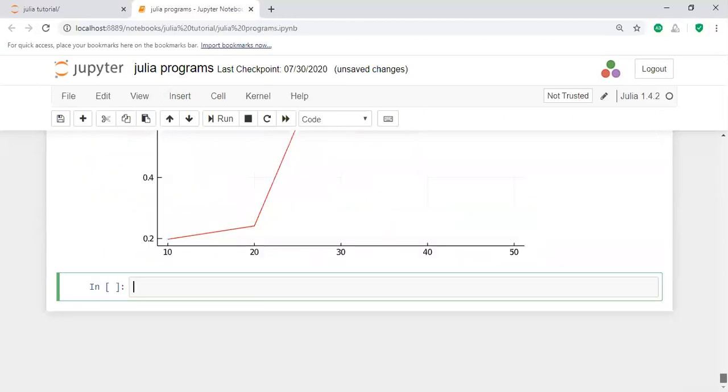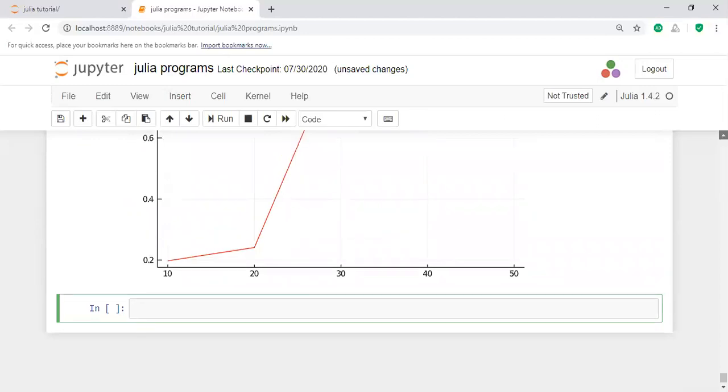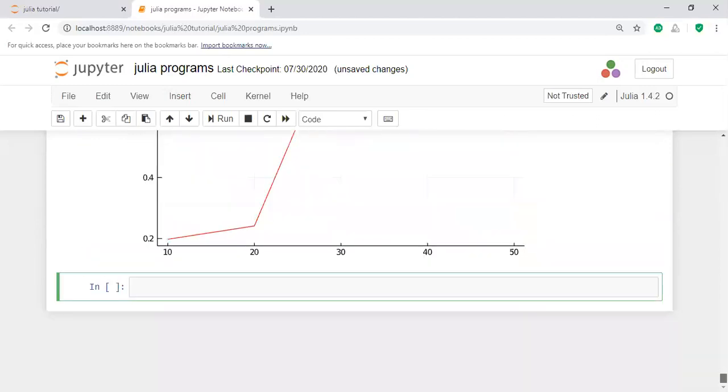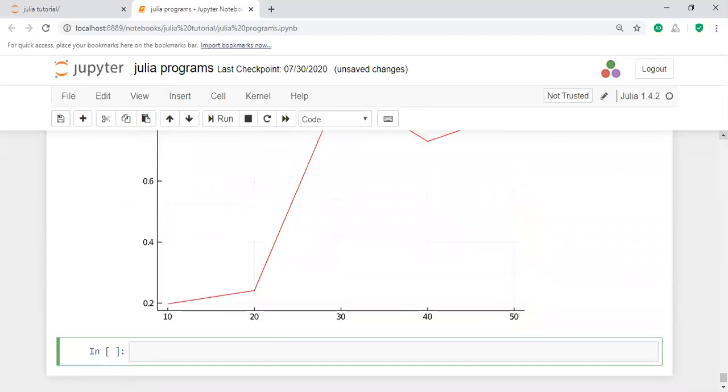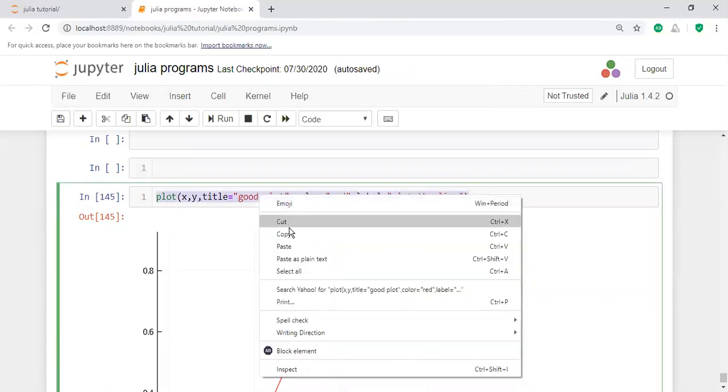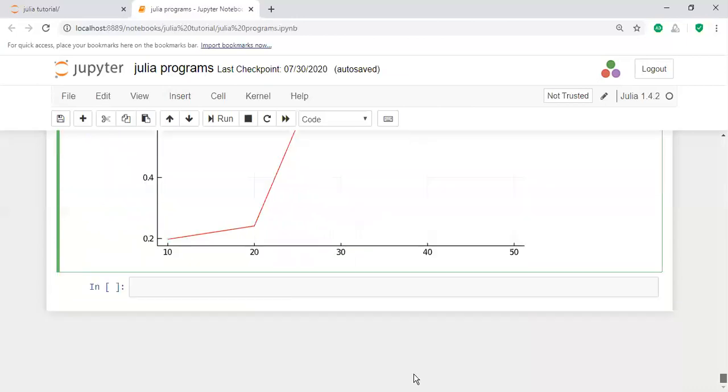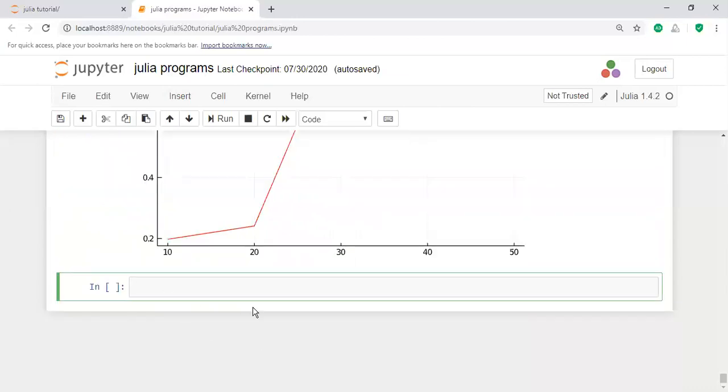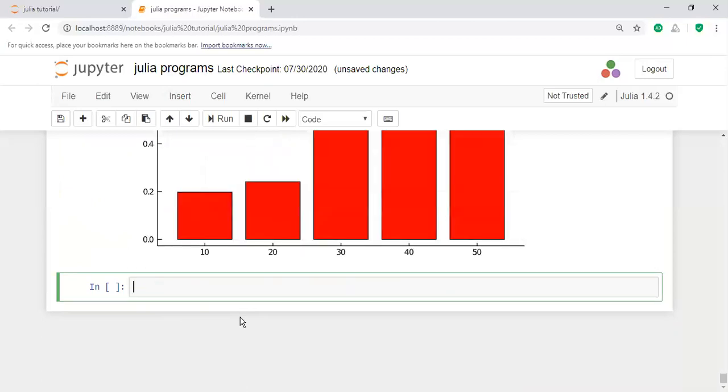The similar case applies for the bar chart, any chart here. For example, I am going to apply the similar case for the bar chart, histogram, like that. Take this one, copy it here, and then for the bar chart, I am going to write bar chart. Here it displays the related information for the bar chart.